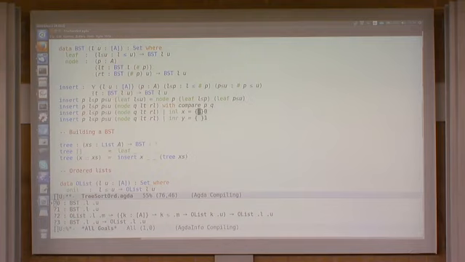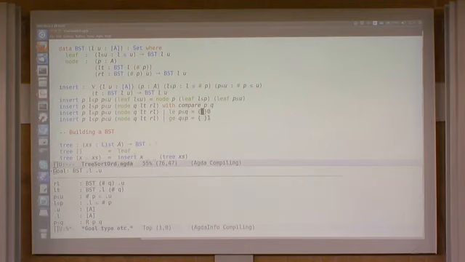Okay, so now we have two cases, so either P is less than Q. Let's make these names nicer. Or Q is less than P. Right, and then here I have to insert into the left subtree. So I keep the right subtree, I insert,